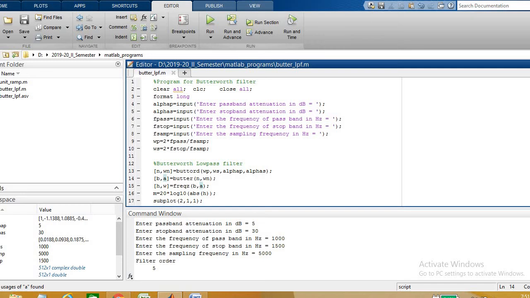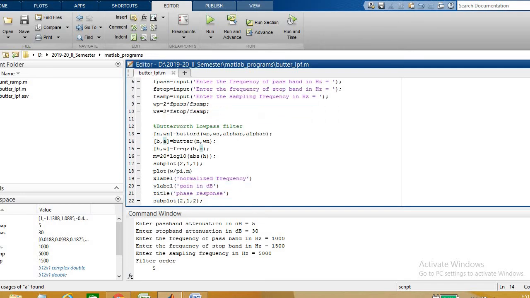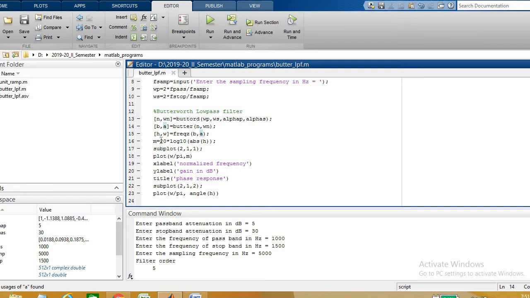Now we are plotting the graph. We are taking two plots. Subplot 2, 1, 1: in the first subplot we plot the magnitude versus frequency. Plot w by pi means frequency is normalized between 0 and 1, and M is the magnitude of the transfer function.